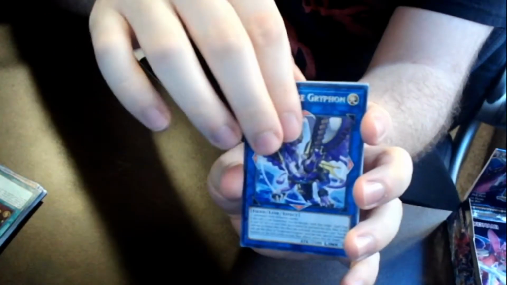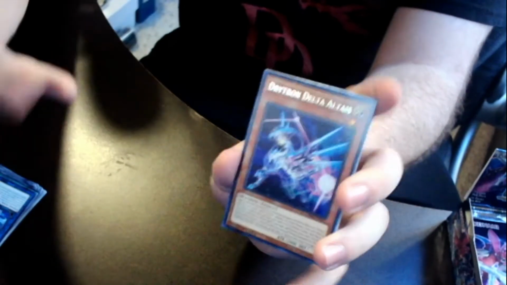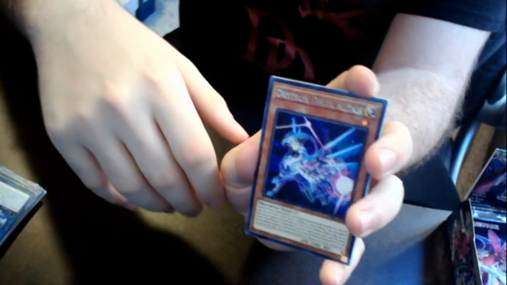So the Evil Twins, the Live Twins, they are not meta relevant, I don't think. But I could see them... You know, here's Griffin again. I could see them getting some more cards in the future to make them relevant because people love them so much. There's another Delta Altius, another Drytron Eclipse, Invoked